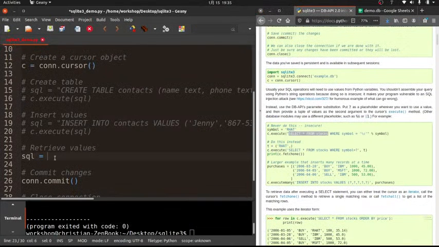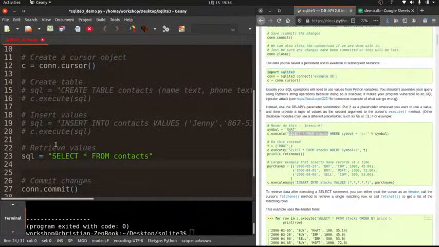Okay. So I'm just going to keep this really simple. I'm going to say select. And the asterisk is a wildcard. It means select everything. And from, and it's contacts. So for now, we're just going to do it that way. And then we're going to say c.execute